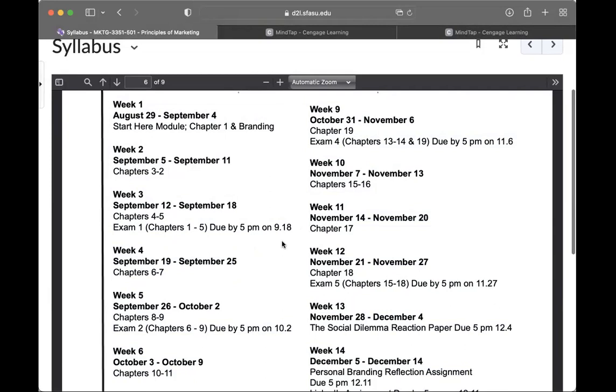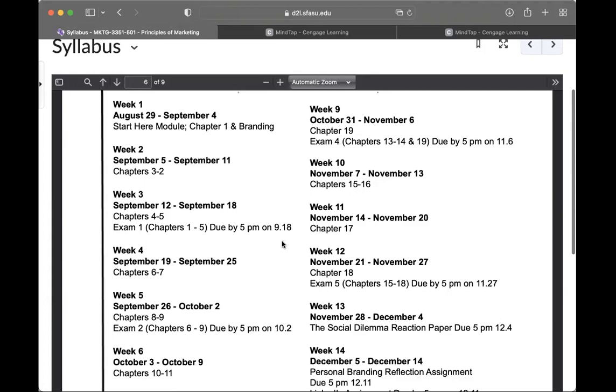I think a lot of professors assign work and it's all due at 11:59 p.m., and then you all end up staying up late and doing all kinds of stuff to try to get your classes done on a Sunday night at 11:59. So I'm trying to offset that and have things due on a Monday night at 5 o'clock so that you can be well rested. You can have time to do other things. If you have a job and that's why you were taking an online class, that's totally fine, because you have from a Tuesday all the way to the next Monday to take it.